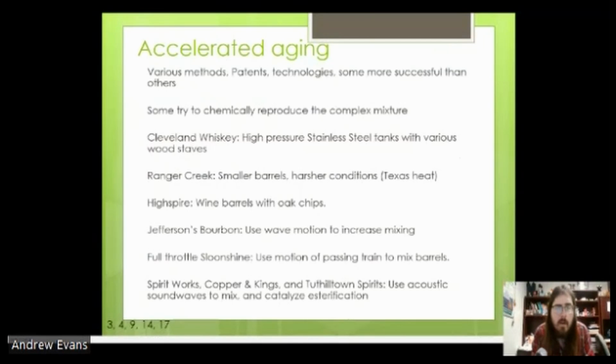Now, there are some people trying to accelerate aging because not everyone has the time to wait for 15 years. It's understandable why people want to just accelerate the aging process, because even making moonshine for production requires a very large startup cost, let alone producing enough product, barreling, storing it for multiple years prior to even being able to sell any product. And so how do you